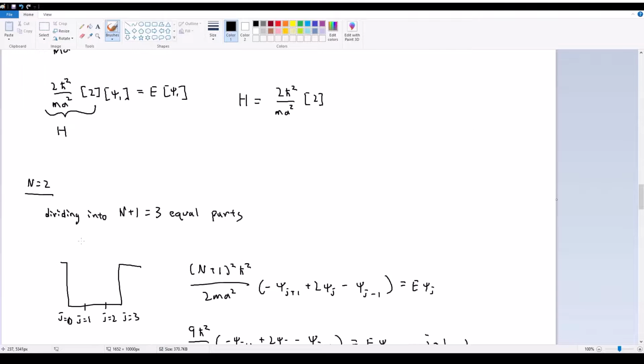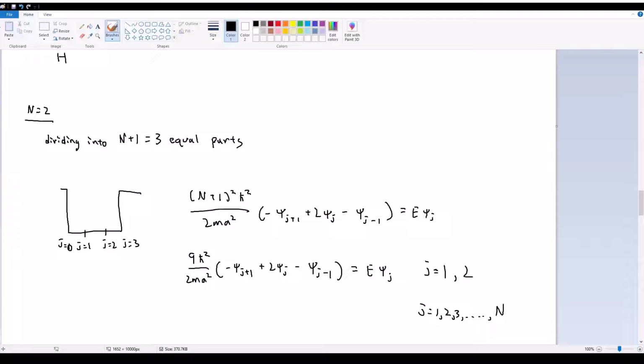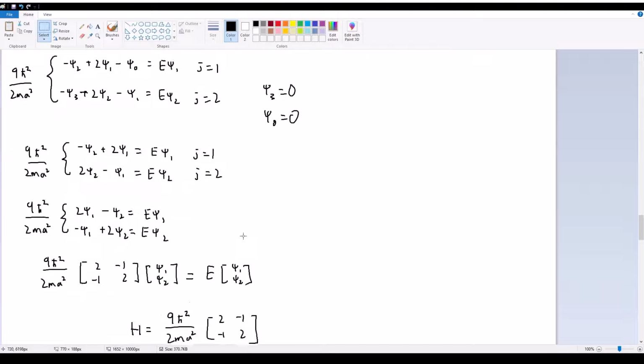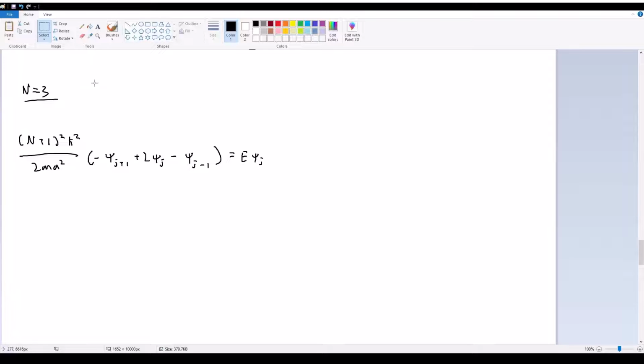Now, finally, for n equals 3, same thing as before. So let's set up our equation here. I'm just going to copy and paste this. So now we're splitting this into 4 equal parts. So in this case, if n is equal to 3, then we get 16ħ²/(2ma²), or simplifying this, this is just 8ħ²/(ma²),